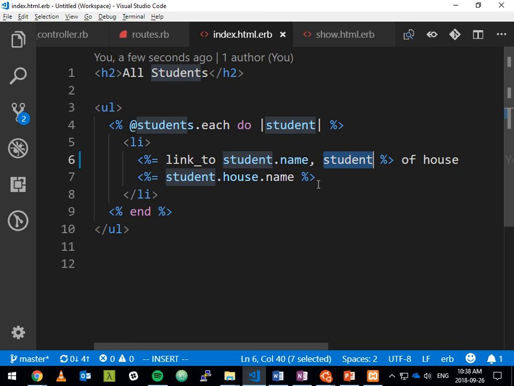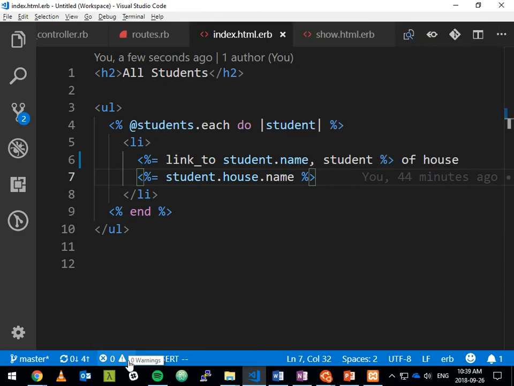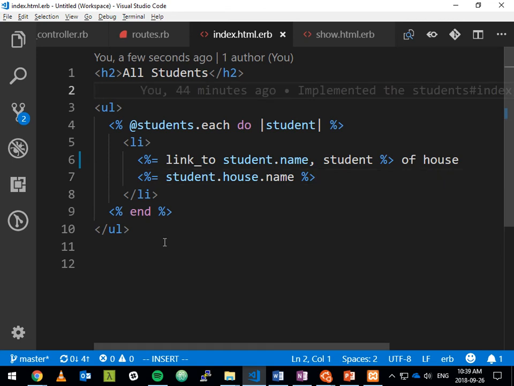And so if I wanted to be slightly more manual about how I created this, I could make this a string and I could concatenate onto the string /students, the ID of the student, but all that work's done for me. But link_to can be created to just straight up,